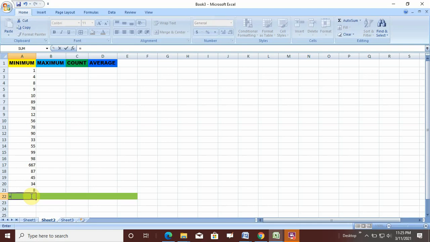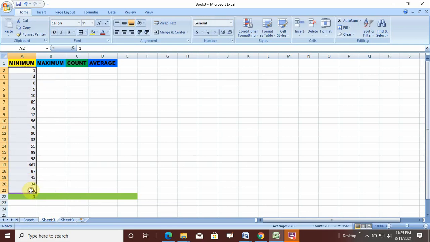Click equal to, type min, start the bracket, select the data. You can select from bottom to top or top to bottom, any way you like. Then close the bracket, enter it. So out of this set of data, the minimum value is 1, as you can see here.